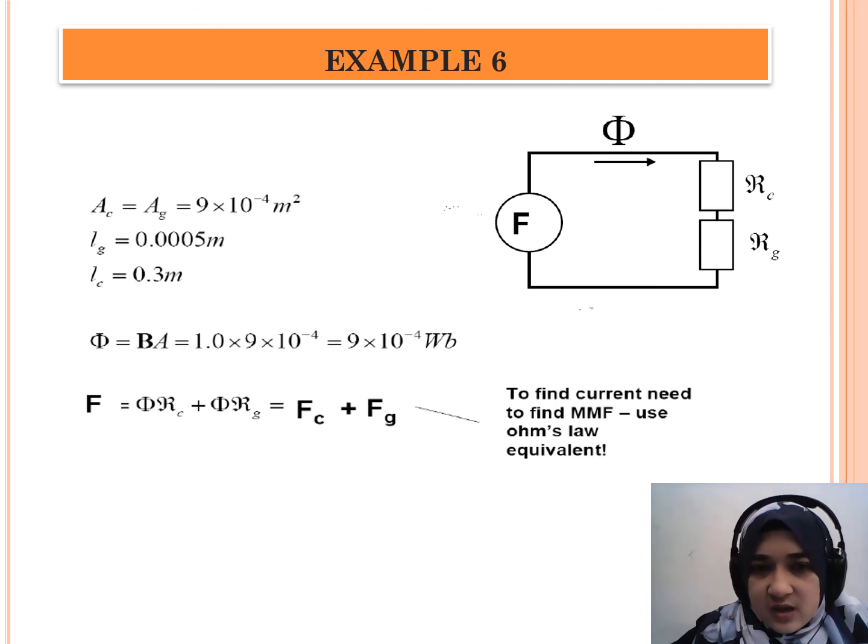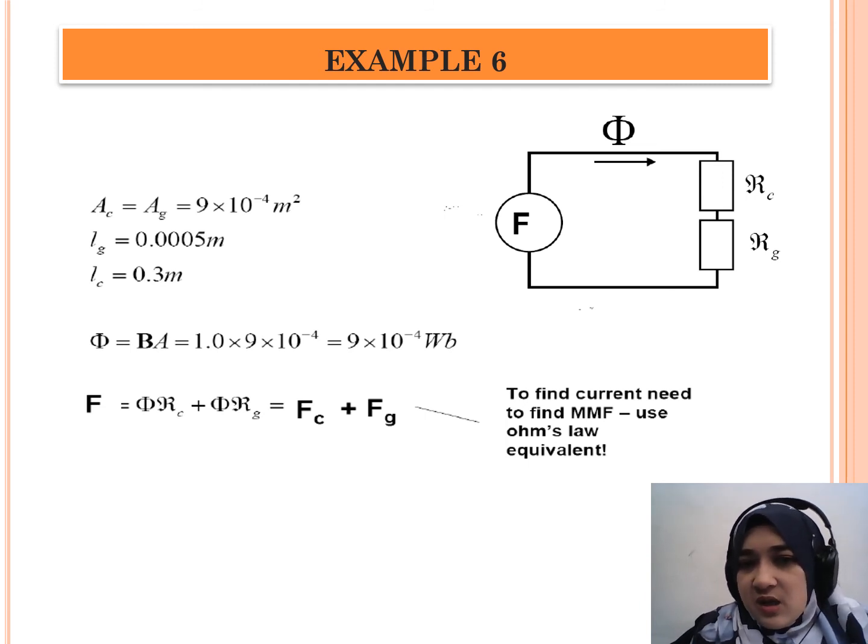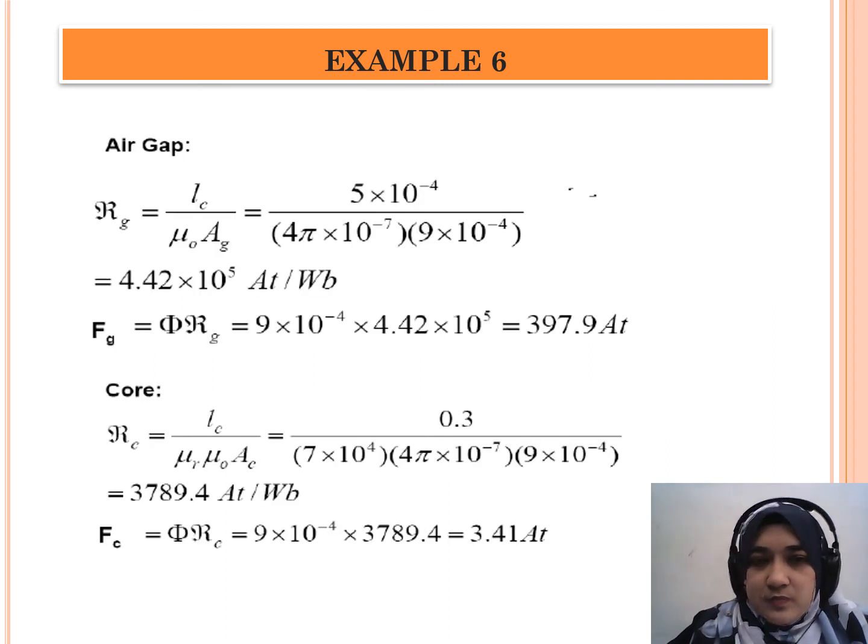First, you find the MMF. F is equal to phi R, the reluctance. But the reluctance is different between RC and RG. So the total of F is FC plus FG. So for the air gap, the reluctance of the gap is equal to Lg. This one is not C, right? Lg